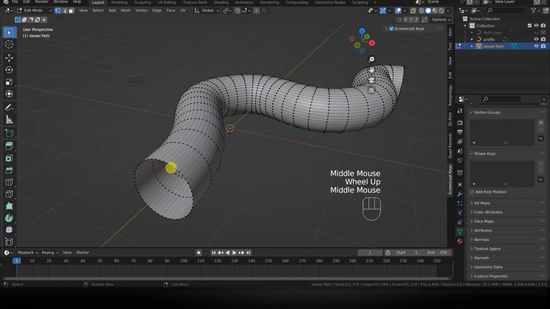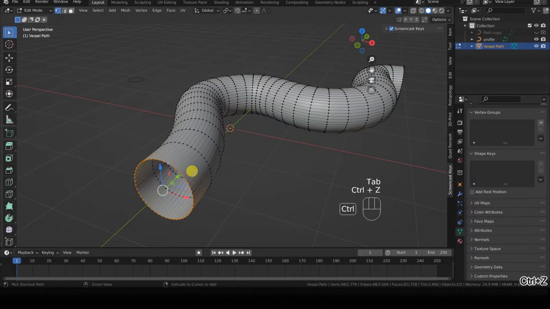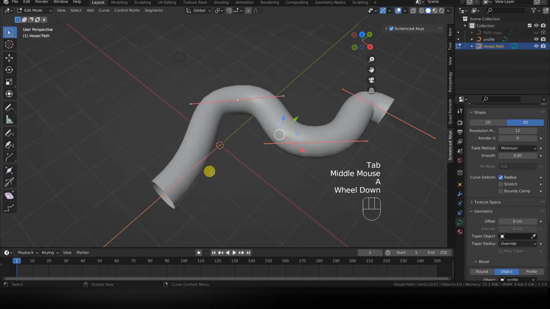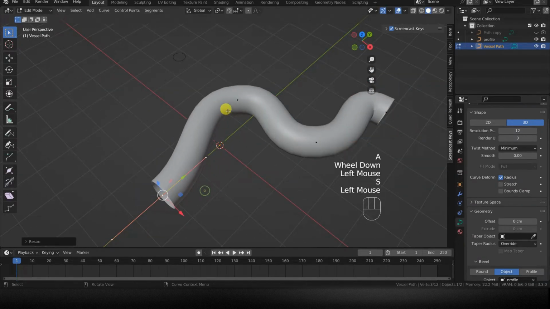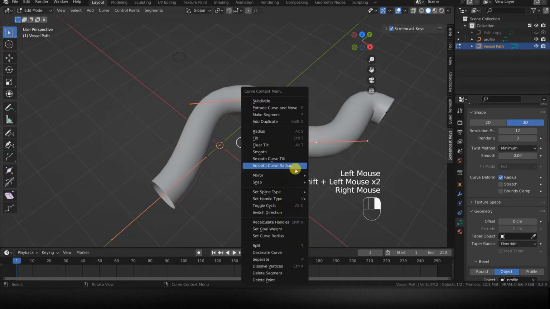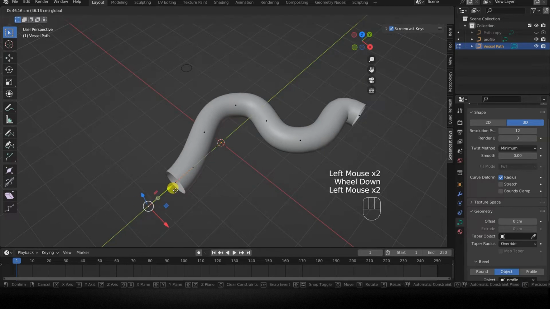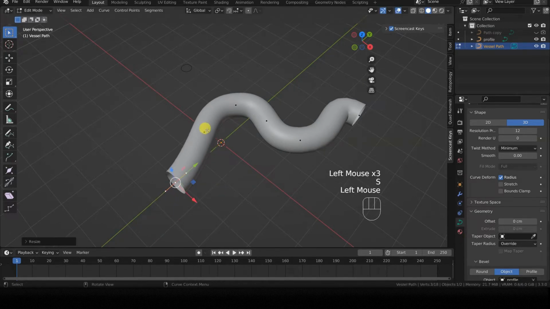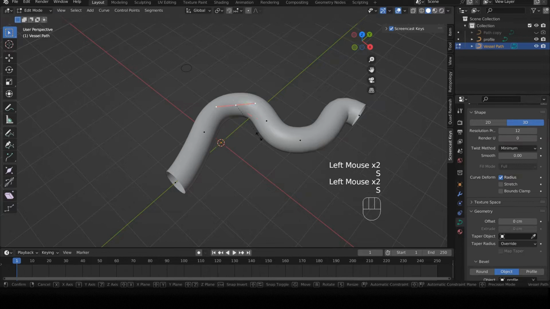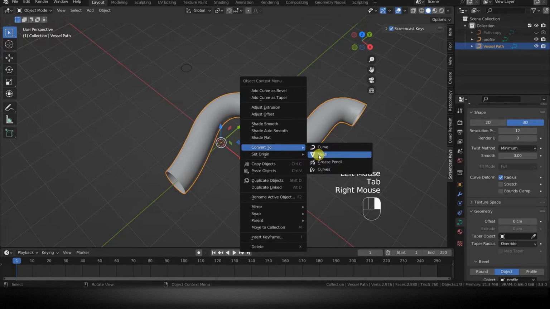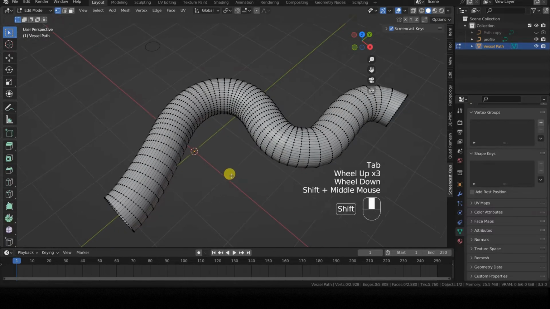In my case, the vertices of the circular profile are much denser than the segments that make up the path. Since I prefer to have faces as square as possible, I undo the conversion operation, Ctrl+Z in object mode, then insert intermediate control points where the original control points are too far apart and have too long handles, which produce rectangular faces. I then perform the conversion to mesh, as previously mentioned, with a right-click and convert to mesh.